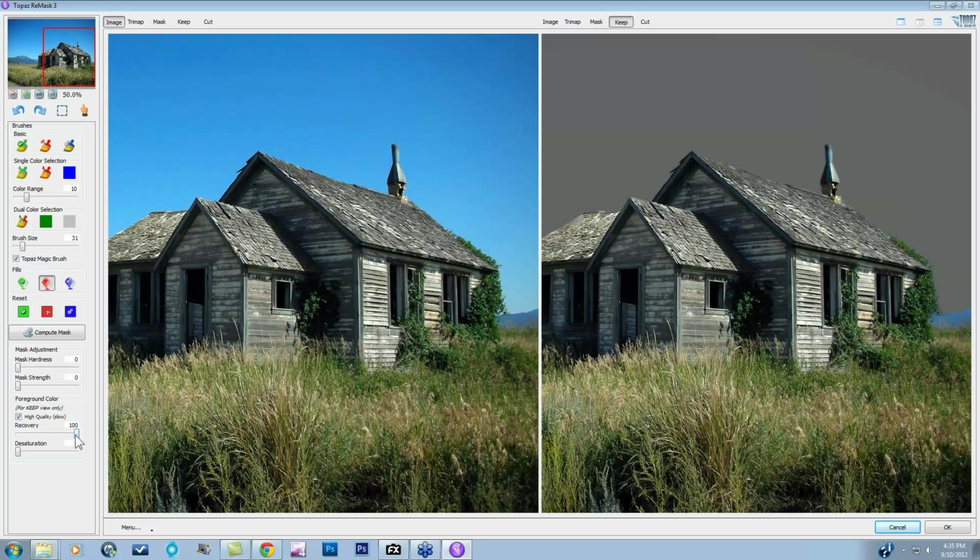It's pretty awesome. Let me go back all the way down to zero-ish. You'll see that halo around everything, especially around the leaves over here on the right. And as I take my recovery slider up, it just disappears. It's awesome. All right, so now that I've gotten rid of that, which is pretty simple stuff,